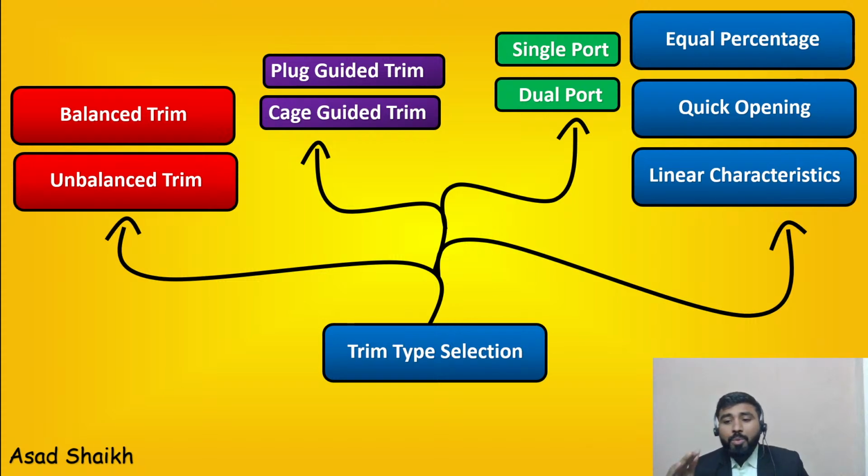Can you just add one more point? Okay, flow direction, this is a good point. Single port is most generally used. Okay, balanced trim, unbalanced trim. Makes sense. Amazing. So I see almost everybody has used some or other of the configurations available. And some things are quite common between people.